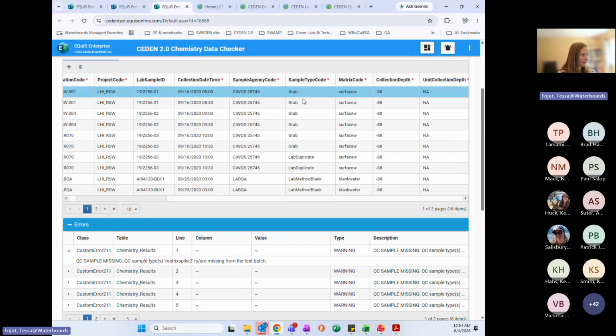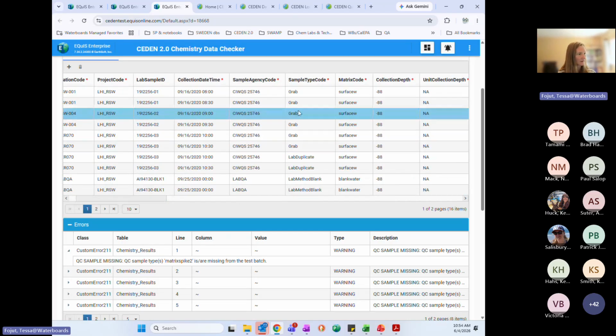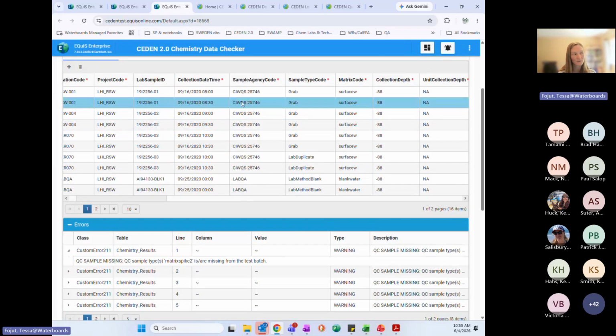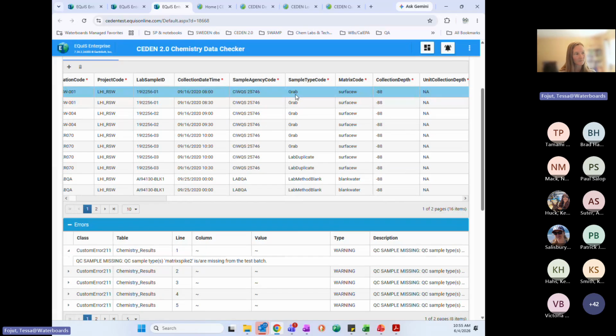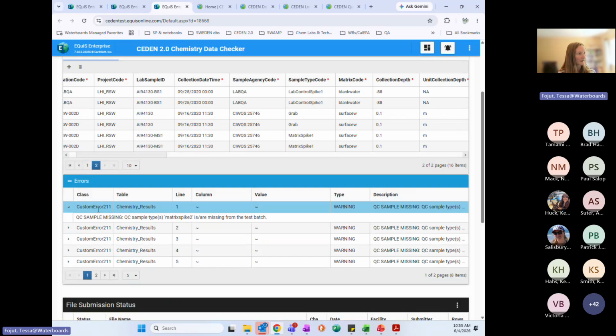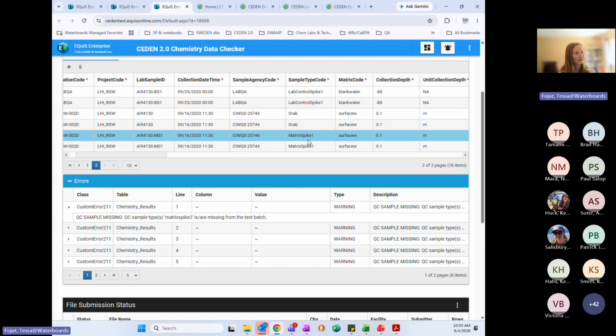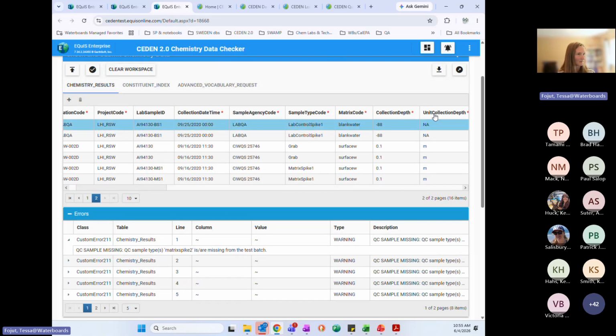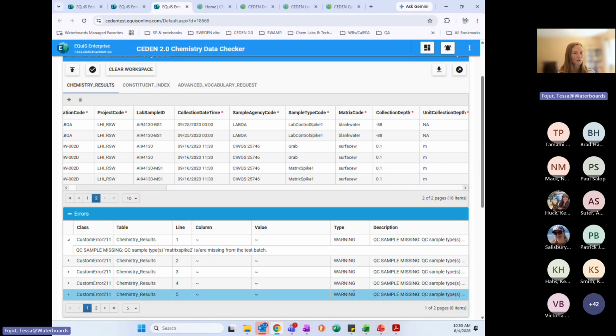So you can see my sample type code here. It's giving this warning on each grab sample record to say this grab sample is from a batch that has incomplete QC. So I do have my lab duplicate, my lab method blank, I have my LCS one, I have my matrix spike one, but I'm missing my matrix spike 2. So perhaps your lab can provide that, but at this point, usually if the lab didn't send it, they didn't do it. But you see that I can still submit this data. This is not grayed out because these are all just warnings.